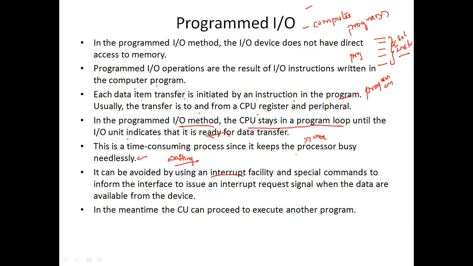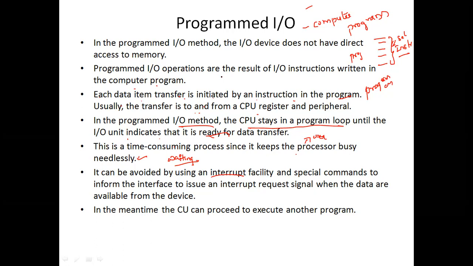The drawback of the programmed IO is that it makes the CPU be in an idle state. Idle state means it keeps on waiting for the data to arrive. It keeps on checking the IO device's data line. So instead of doing its work, it keeps on checking, which is a waste of performance. That is the major drawback of programmed IO. In order to overcome this drawback, we have gone for the second mode of transfer, that is interrupt driven IO.